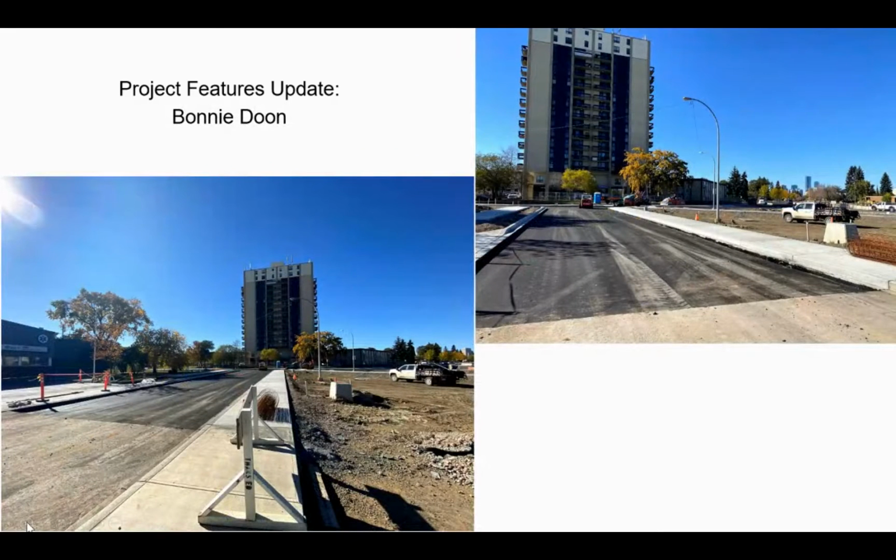All right, moving along. What we're looking at here is what used to be the traffic circle at Bonnie Doon, and this is Connors Hill, or Connors Road, pardon me, and 85th Street. Now, this traffic circle was removed last year, and we're now at the point where we're just doing some of the final connections. The photos that you're seeing here is a service road right in front of the ambulance bay that is in that location as well,